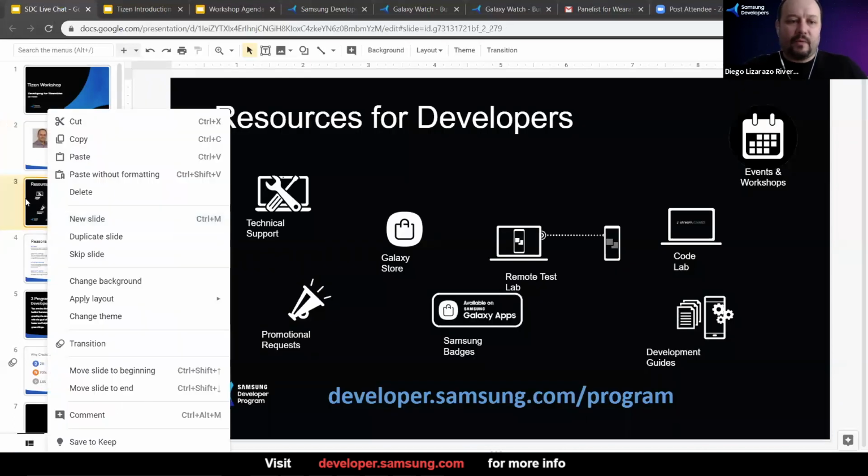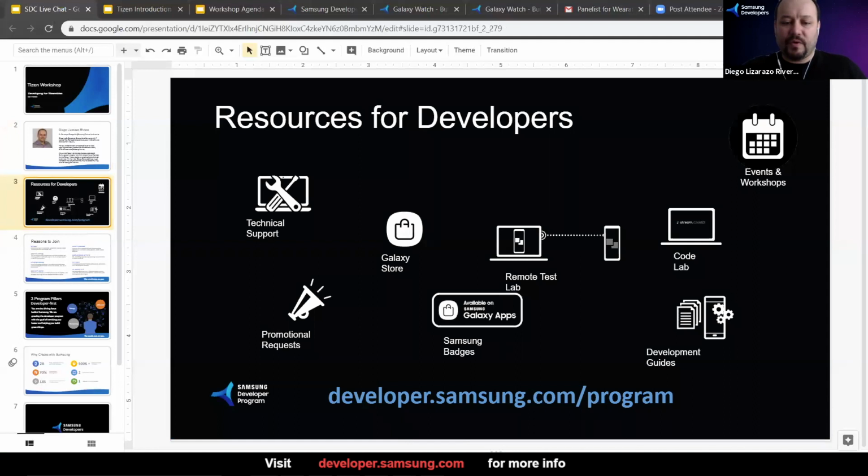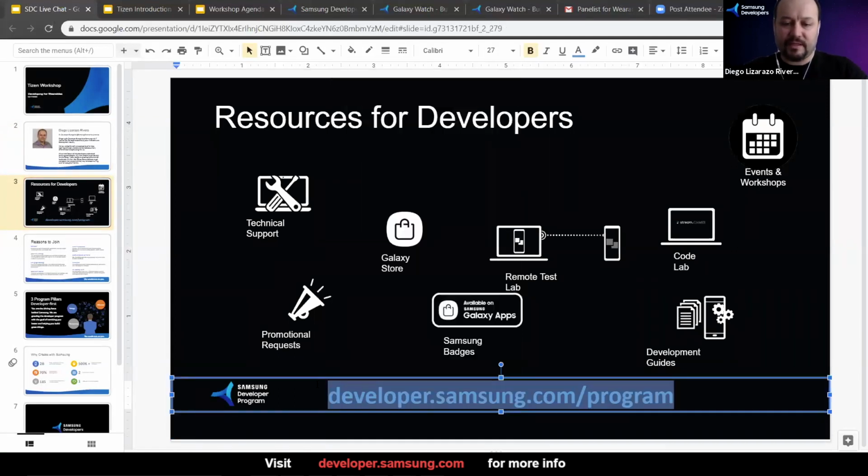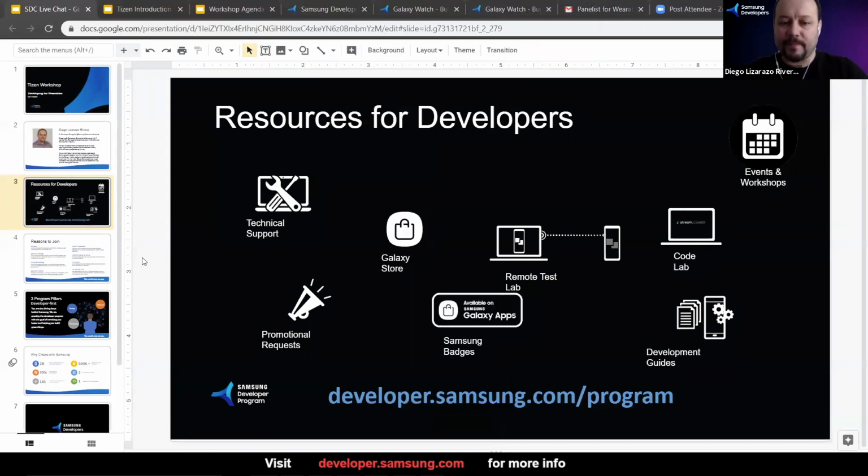Now, one thing that I'm going to repeat many times, and I think everyone that connected before the start time already saw it, is this link over here, developer.samsung.com. That's the portal for Samsung developers. And you're going to find information specifically about the topics that we're going to be talking about today, that are Tizen wearable applications, Galaxy watches, etc., etc. But you're also going to find information about many other